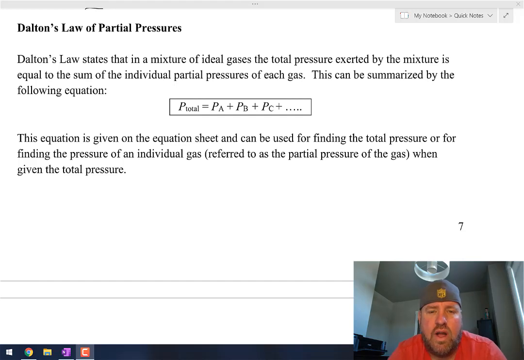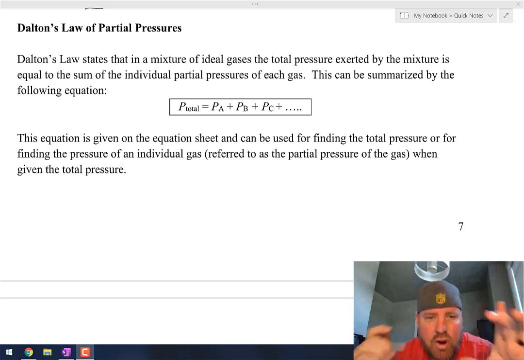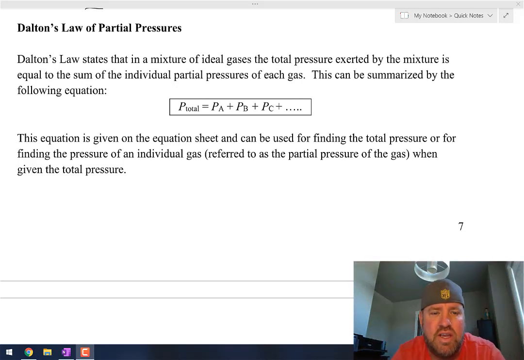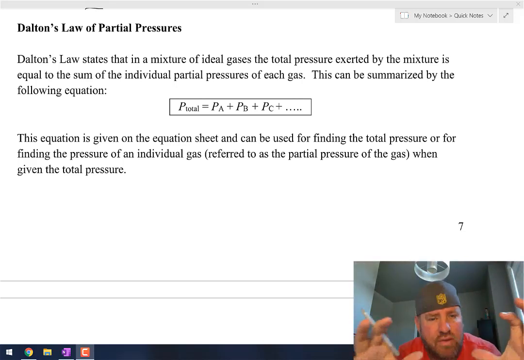One of the things that we talked about when we first started talking about the kinetic molecular theory is number one, that the molecules don't take up any space in the container, and then number two is that they're not attracted to each other. Okay, going back to that first one though, where the gas particles don't take up any space in the container, basically means that if you have a mixture of gases in a container,